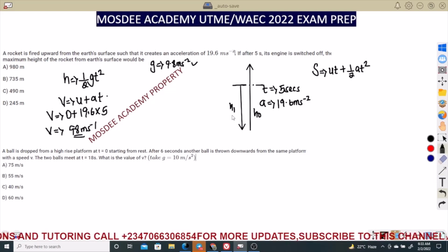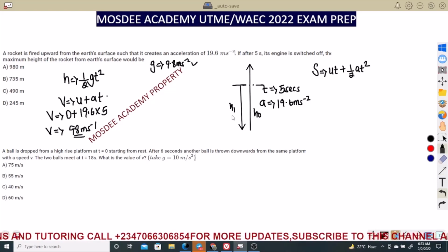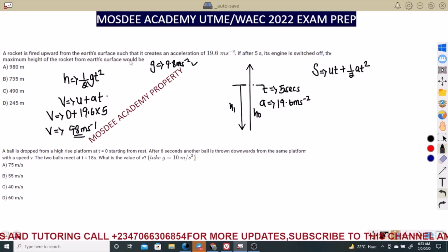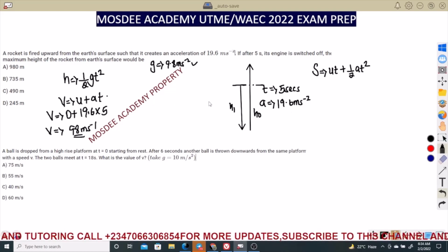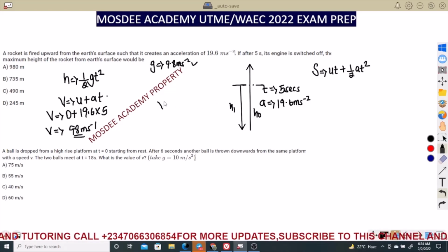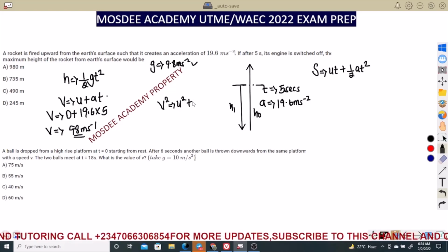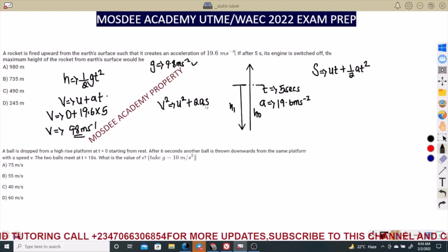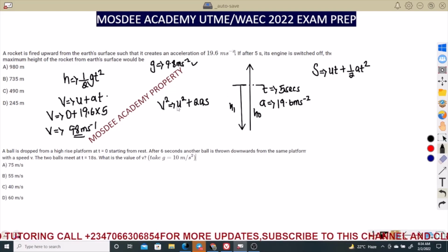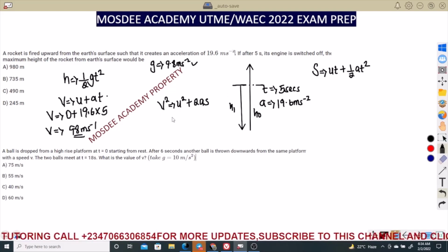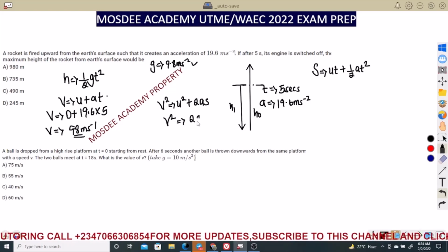But if you are used to my classes, my concept solving classes, this type of question, we've done a lot. Now, what you do here is similarly try to get your distance from the equation v squared equals u squared plus 2ax. So you need to get the distance the body has traveled at this particular time. You can always cancel u squared, so v squared, because 0 squared is 0, equals 2as.